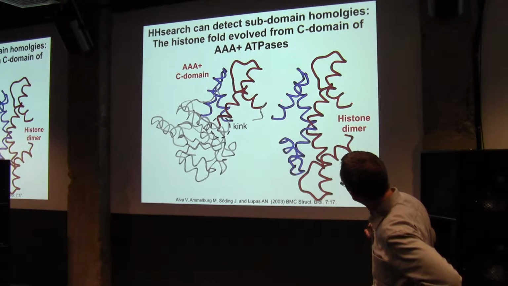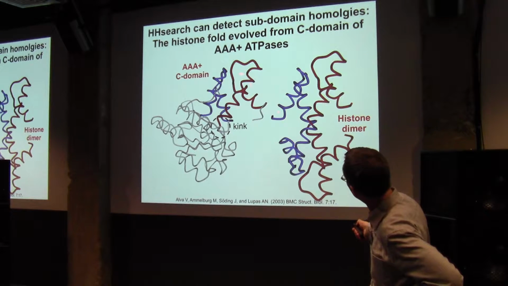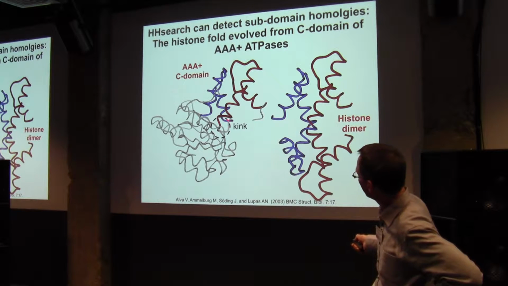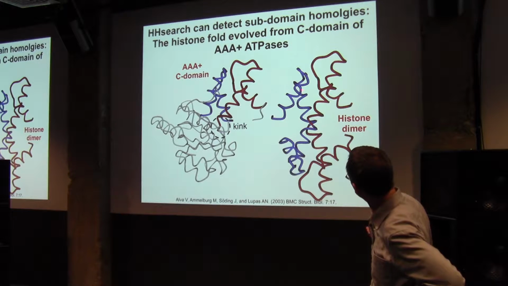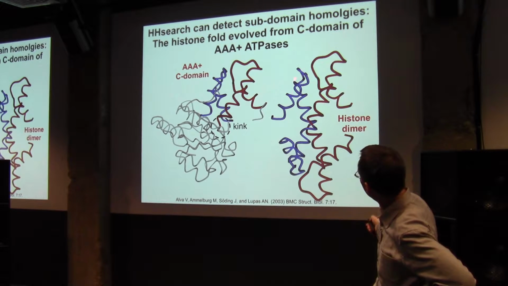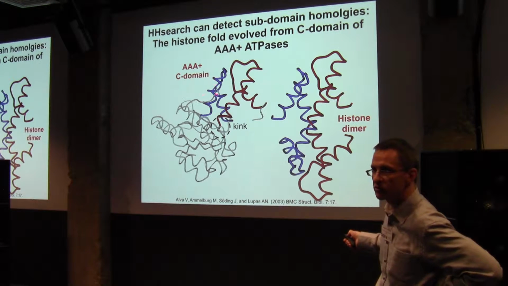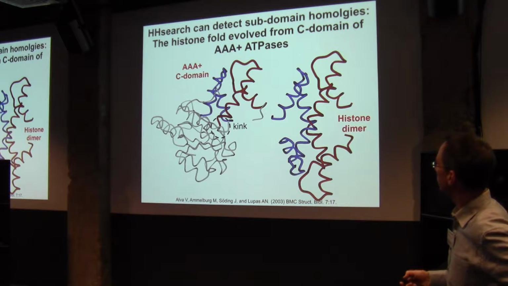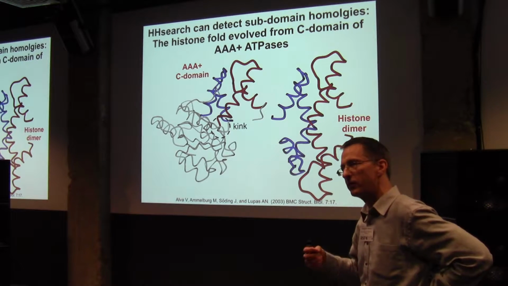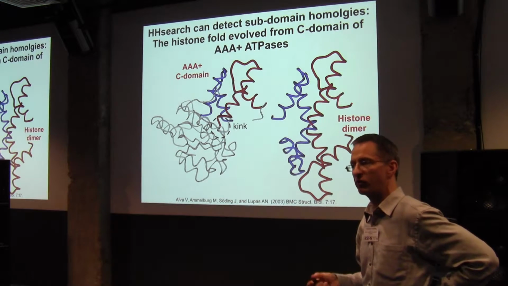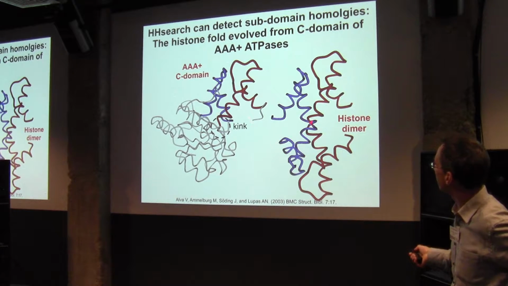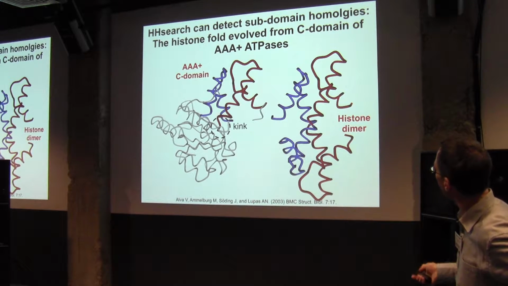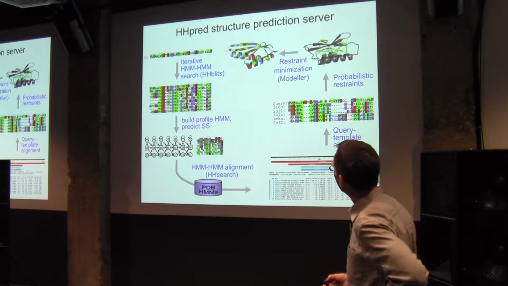I found that this, of course, is not structurally linear to this, but this upper part is. So what happened is that at some point the C-terminal domain must have lost its kink here and straightened out. By dimerizing, it regained exactly the interactions that it had in the original fold. If you align them structurally, they are very similar. So in this case you have both sequence and structural evidence that this is a homologous piece of protein.